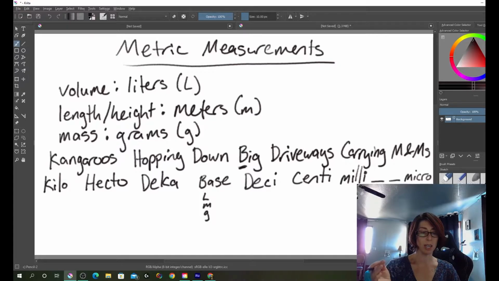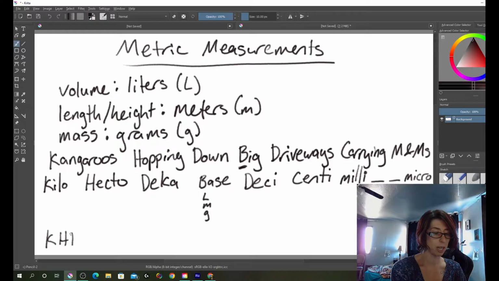Kilo, hecto, deca, then your base, which is going to be, depending on what kind of thing you're measuring, volume, length, mass, it'll be liters, meters, or grams. Deci, centi, milli, then there's 2 unnamed units, and then micro. So whenever doing metric conversions, it's useful to remember a mnemonic device like this one and use it to write down the list of metric units in order. In this list, the largest units are on the left, kilo, and the smallest units are on the right, micro. So I would just use this list in my head to write